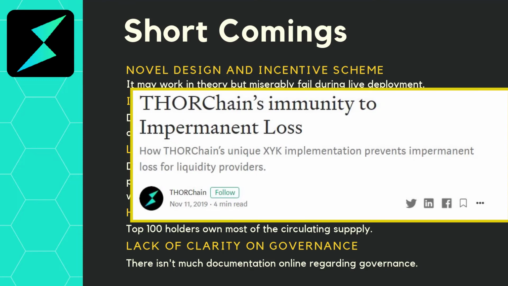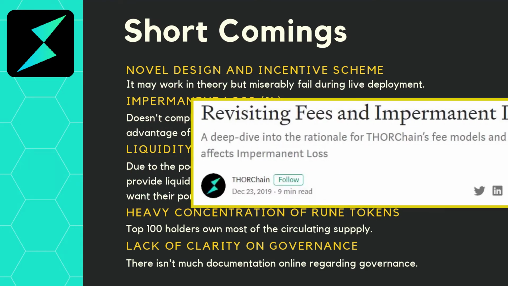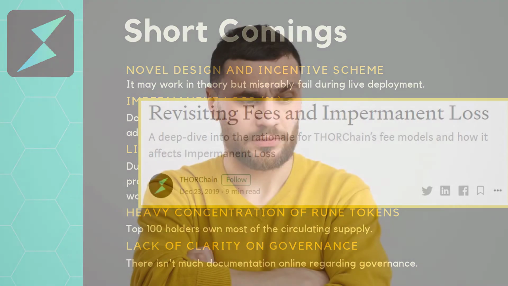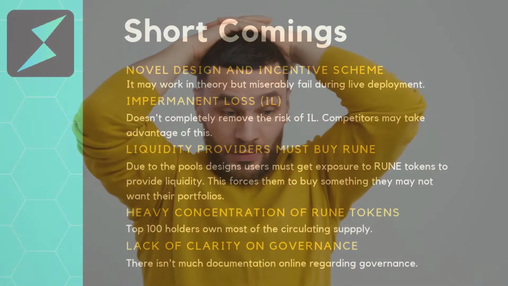Also, back in 2019, they wrote a piece stating that their platform will remove impermanent loss. They later had to revise that. It doesn't look like it'll completely remove impermanent loss, but they suspect the most you'll lose due to impermanent loss is about 10%. But that might discourage some people from participating as a liquidity provider. I'm confident that the prospects of impermanent loss will dissuade a lot of people from participating as liquidity providers. So their best hope is that the incentives and the yield that they're providing offset any impermanent loss that the user may be subject to.